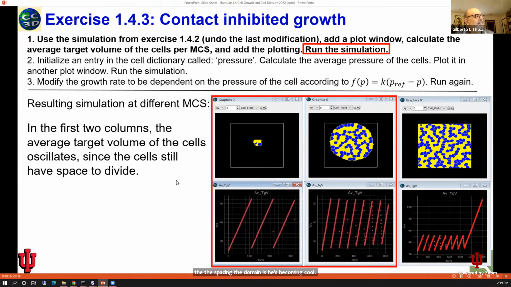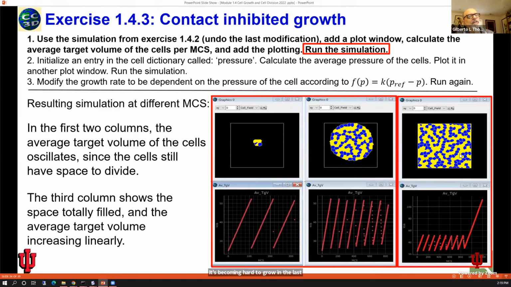In the last column here, the domain is completely full, and the average target value grows to infinity. If you don't stop the simulation, this last line here grows to infinity. It doesn't stop. But there is no more division. So you can see here what's going on with the target value of the system